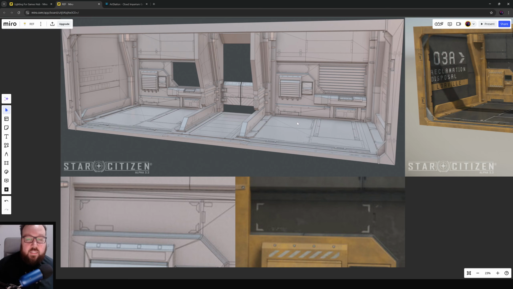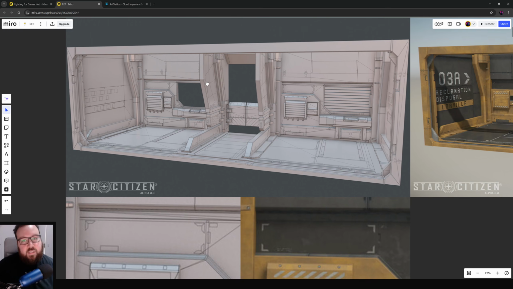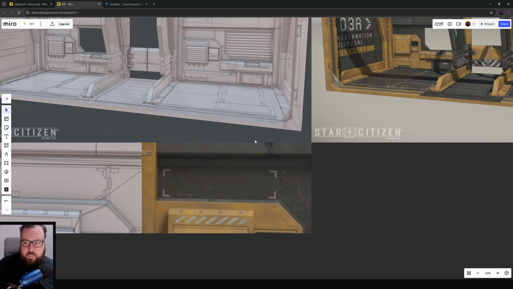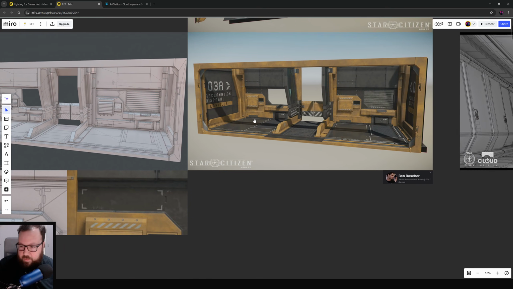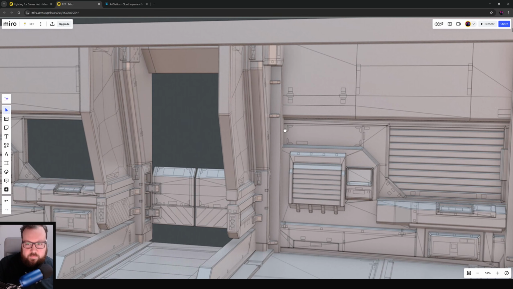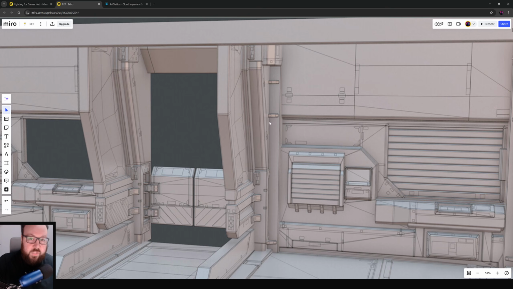But yes, the mid-poly workflow essentially means you're not making high poly models to bake down. You're instead using the geometry that you make as the game resolution mesh. And you make it look high poly by having chamfers on and then weighting the normals of those chamfers to make them look like a subdivision edge almost. So when you look at this wireframe here from Ben, you can see that on pretty much most of the 90-degree edges,